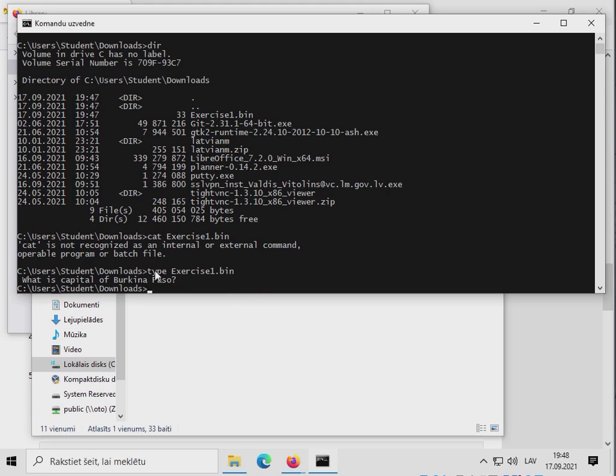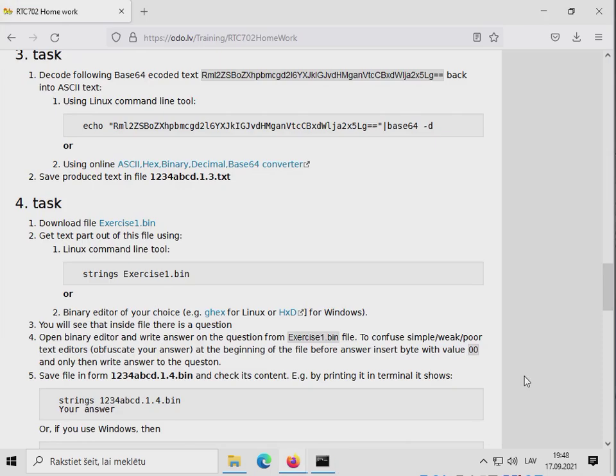But then you will not be able to properly obfuscate it, for example, if you use this Notepad text editor. So you probably need to download this utility,